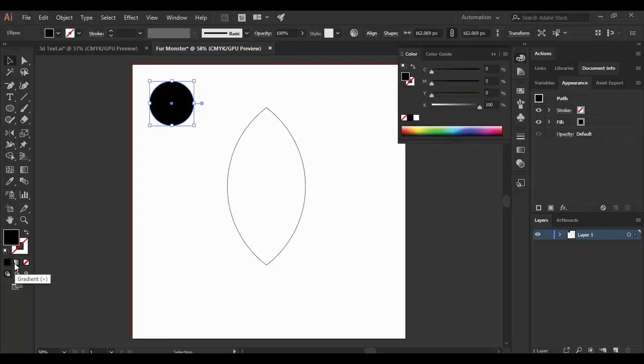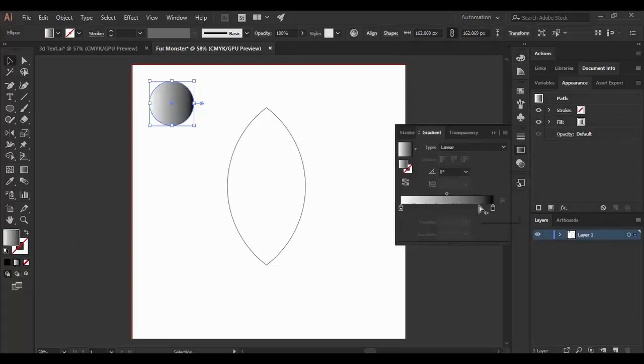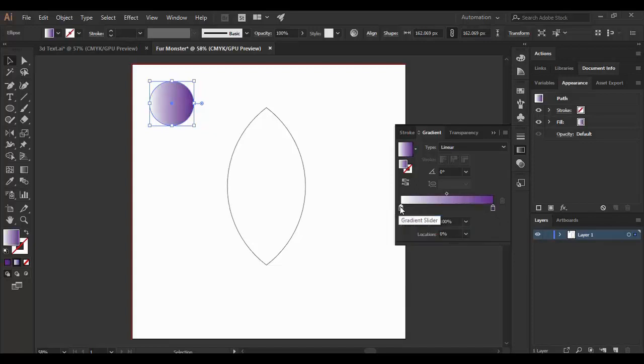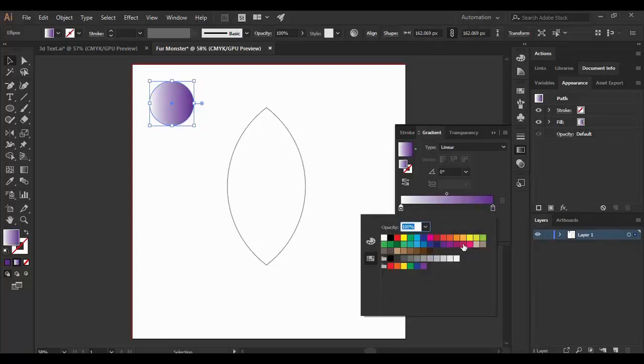Now make sure to select a gradient so that it fits your requirements, because this is the same gradient with which our fur monster is going to be colored. So as of now, I'm going to select a purple and a pink shade of the gradient like this,